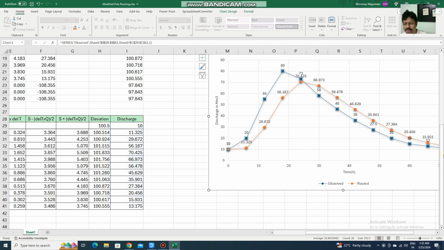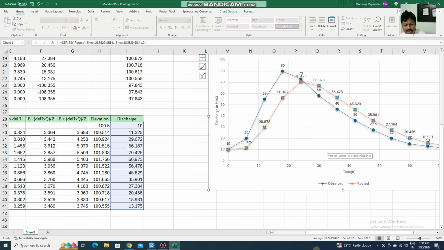This is the inflow hydrograph, the flood hydrograph that enters the reservoir at the time when it is at the water level of 100.5 meters. But when it is going out, the characteristics of the hydrograph changes, its peak diminished, and also the peak has been reached little longer compared to the inflow hydrograph, and accordingly there is a 6 hour lag and a difference of 10 megameter cube in the discharge.